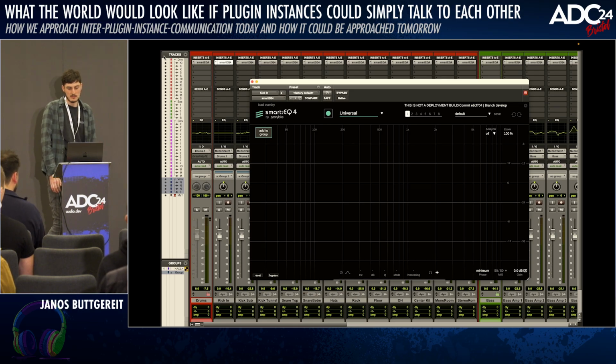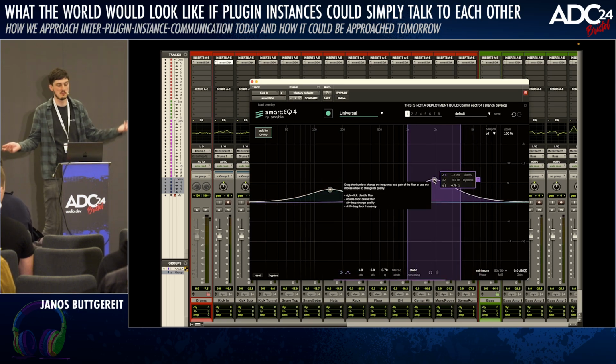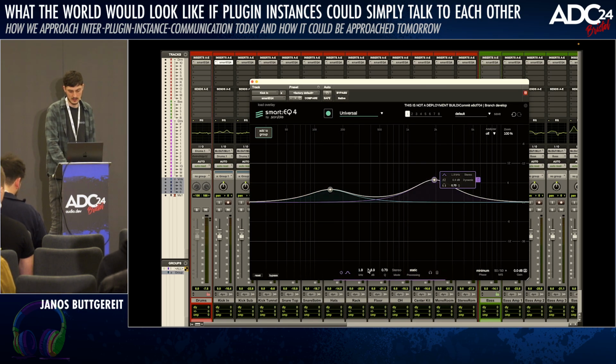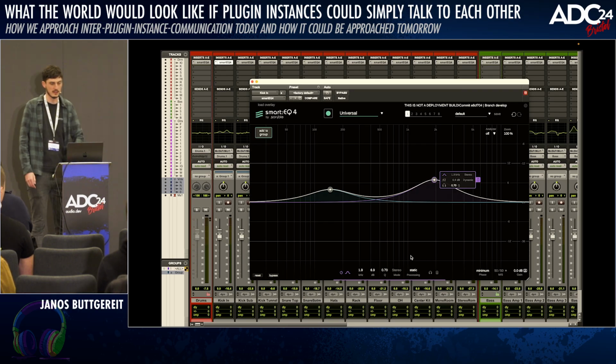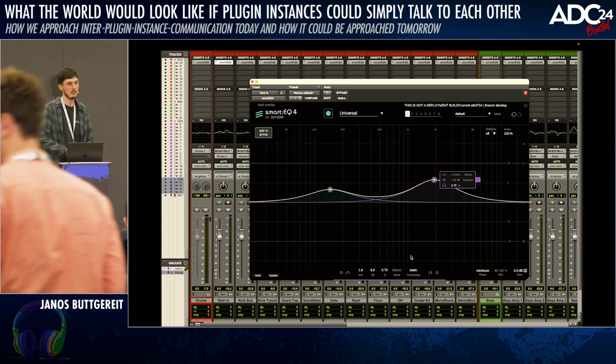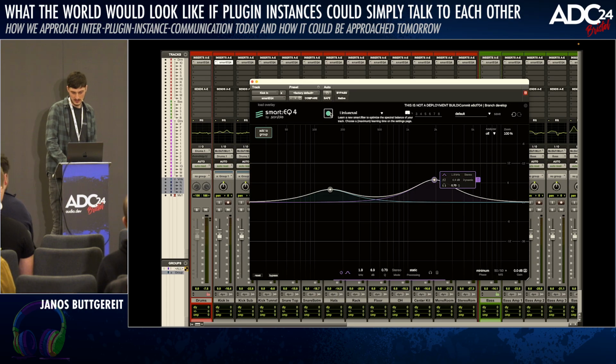So this is just a very simple equalizer at first glance, nothing too fancy. You can add bands, declare them as dynamic bands and stuff like this. Probably stuff a lot of equalizers out there have today. If we look closely, we see this button, which is the Learn button.